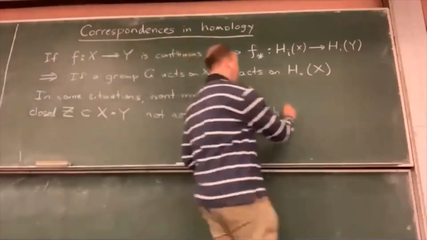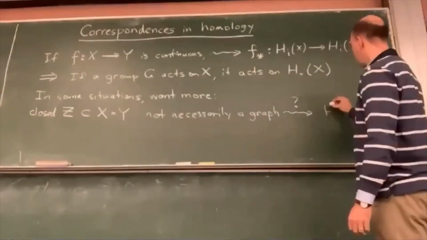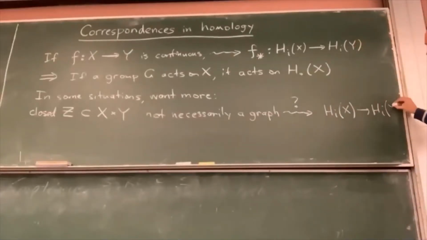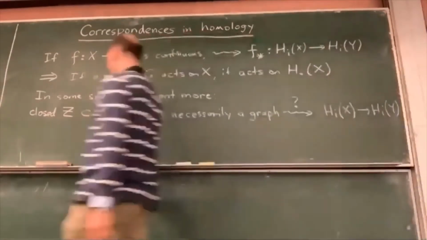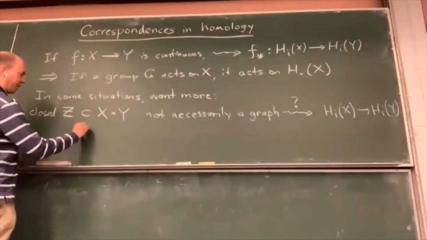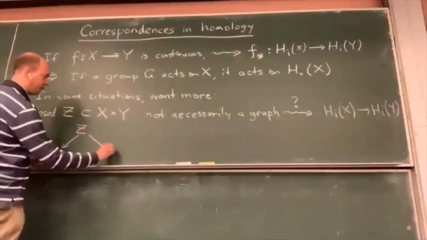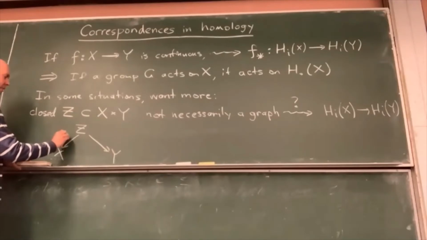Maybe under some circumstances that will still induce some map on homology from X to Y. So the idea is that we want to find what circumstances that would be true. And you would sort of hope that, or at least the general pattern that occurs in a lot of cases is that if you consider the two projection maps from Z to X and to Y, say P sub X and P sub Y,